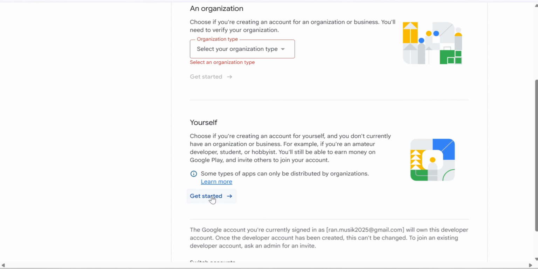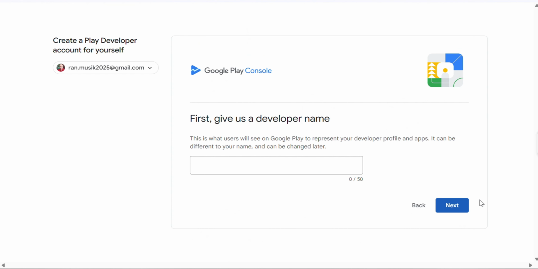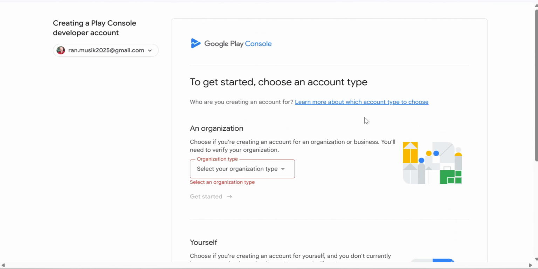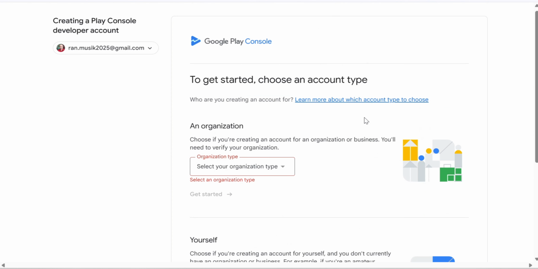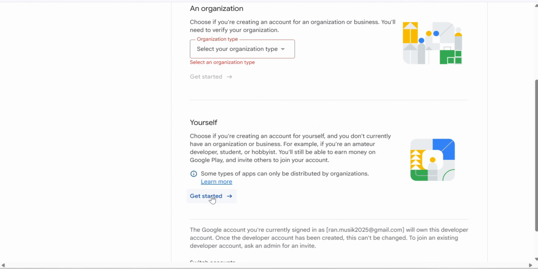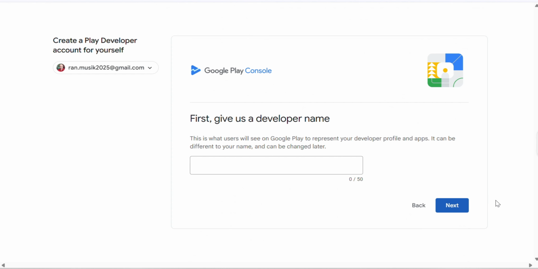First, you need to set up a developer account. Go to the Google Play console, sign in with your Google account, and pay a one-time registration fee of $25, around Rs 2000. This is not a subscription. You only pay once and can publish unlimited apps. After completing the payment, you'll need to fill in your developer profile, name, email, and contact details. Verify your identity and accept the Google Play policies.